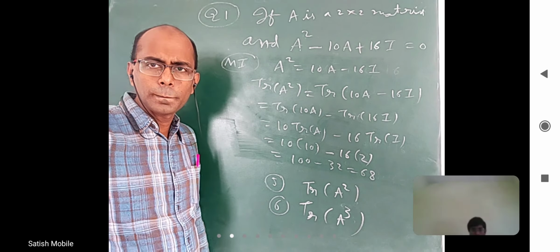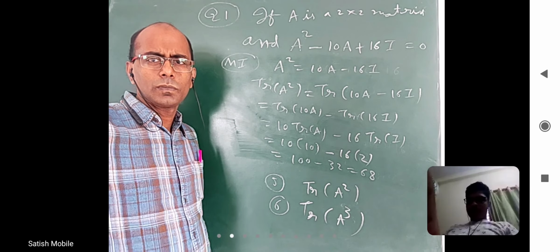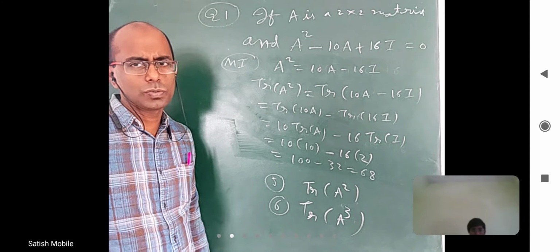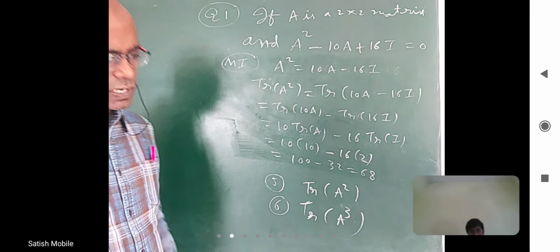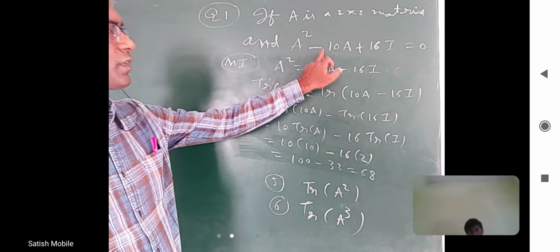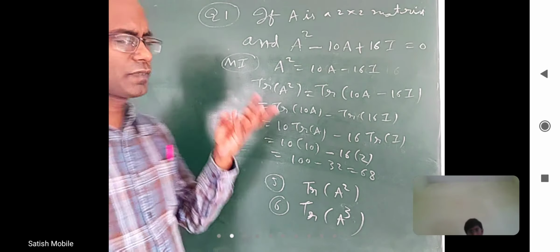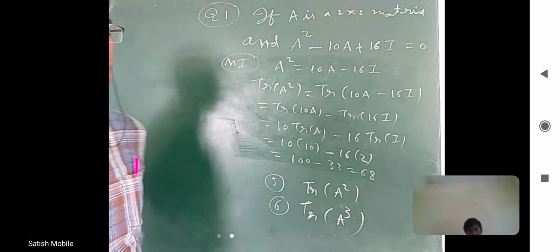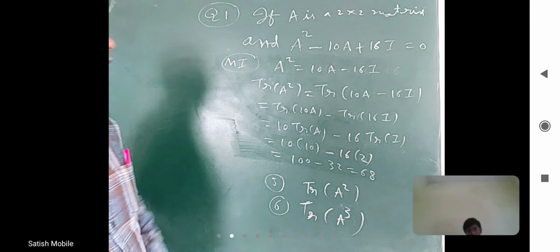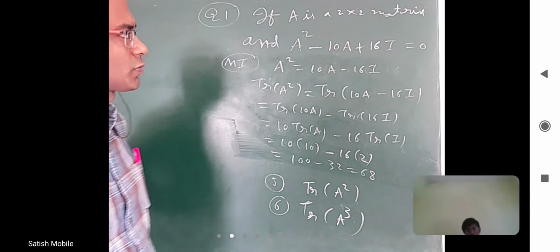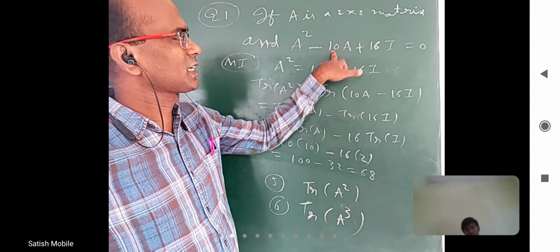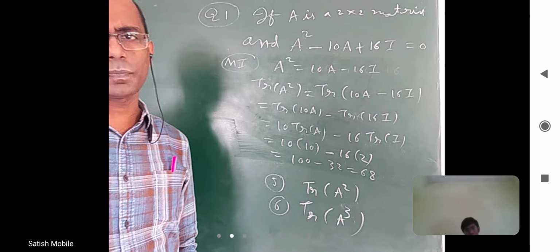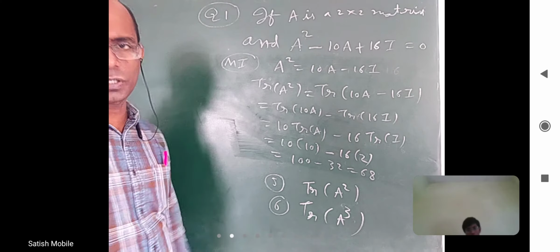Yes, we can do that. Actually, I should ask this question in a different way. Instead of giving this equation, I would have said trace of A is 10, det of A is 16, and I would have asked trace of A square. Actually, that's what I wanted to ask, but I asked this instead. It's okay, not a problem. Because this equation is already there with you, you are able to find trace of A square. If this is not there, with trace of A given as 10 and det of A given as 16, you should be able to form this equation. Then only you can find trace of A square. But anyway, we will discuss two more methods. That was method 1 for this question. I hope everybody is clear?